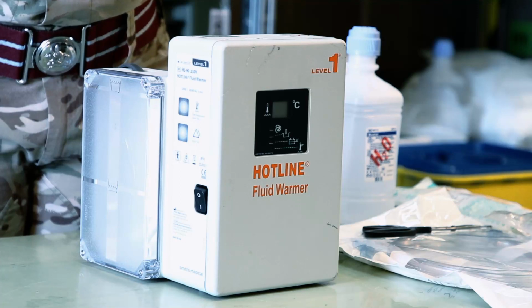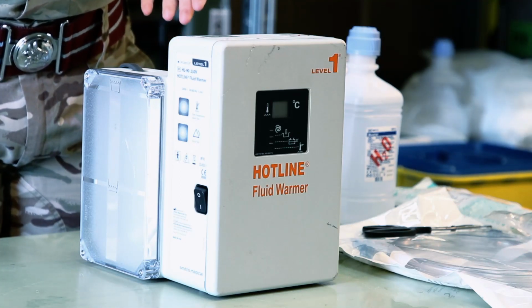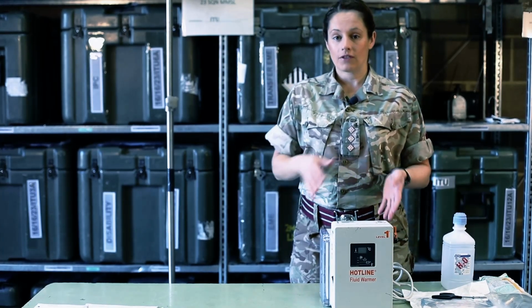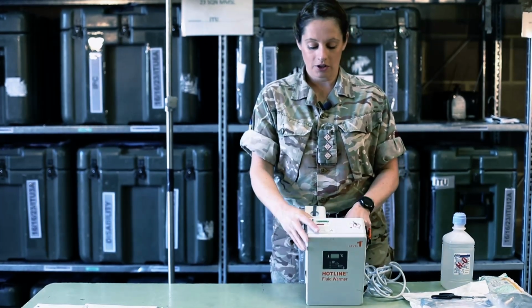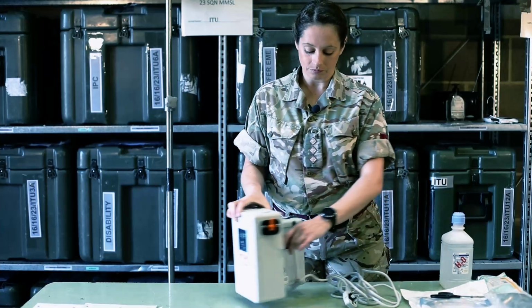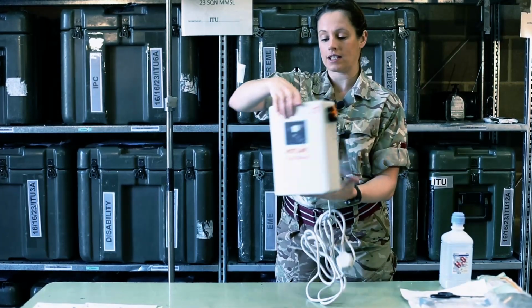Hotline fluid warmer. The Hotline fluid warmer will deliver fluids to your patient at 41 degrees. The first thing that we're going to do is our safety checks, to make sure that the Hotline fluid warmer is in serviceable condition. First, check the MDSS sticker and make sure that it's in date for servicing. Have a quick visual inspection of it to make sure that there are no cracks in the casing